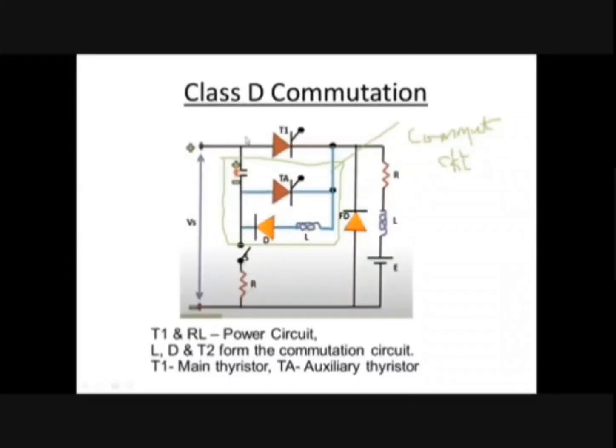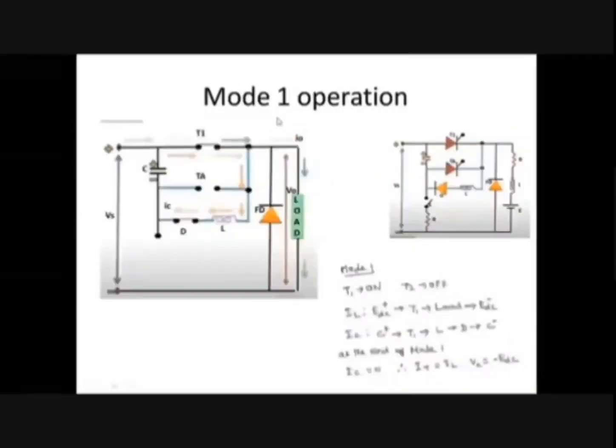Let us assume that initially the capacitor is charged as per the polarity shown when the main thyristor T1 is on. So let us assume that thyristor T1 is kept on. This is the active circuit. This circuit represents the equivalent circuit for mode 1 operation. This is the actual circuit, you can correlate. So for mode 1 operation, let us assume thyristor T1 is turned on, whereas thyristor TA will